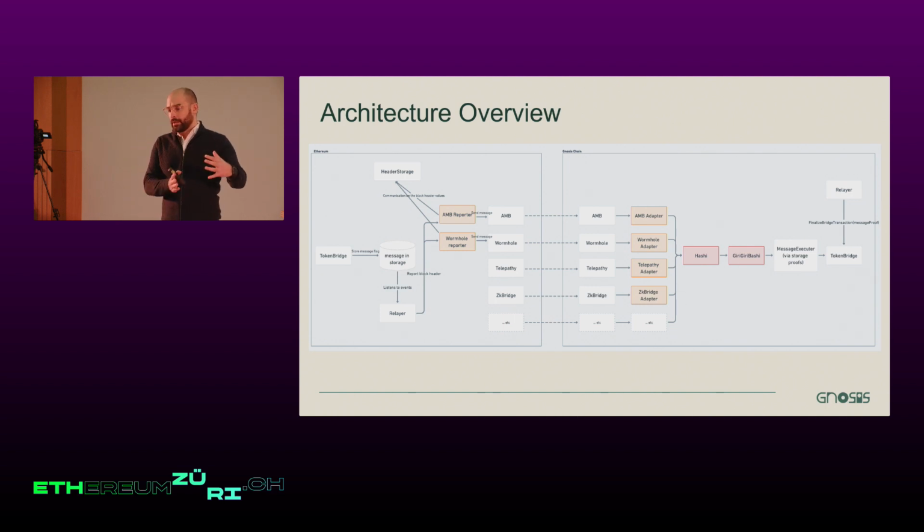And essentially we are aggregating all of this into Hashi, and we have a governance module on top that will decide if this is secure or not. And yeah, then you can feel secure to release the tokens on the other side, because you're secured essentially by 4 or 5 different bridges and not just one. And yeah, that was it.